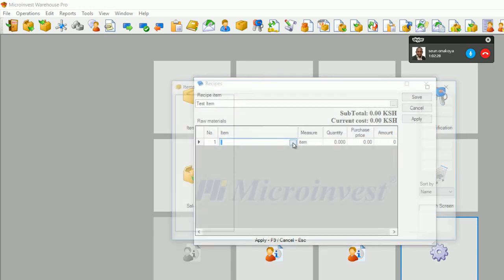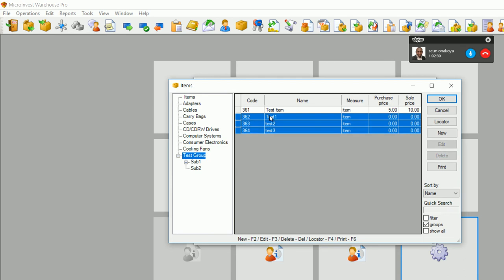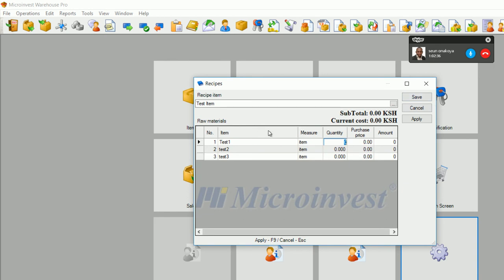We choose that it will be made from these 3. If you press Shift, you can select all 3 of them, and then enter the quantity: 2 of this item, 3 of this, and 1 of this, and the test item will be made. Apply,